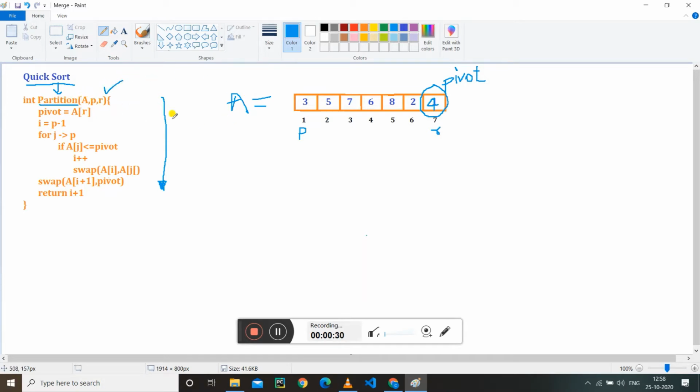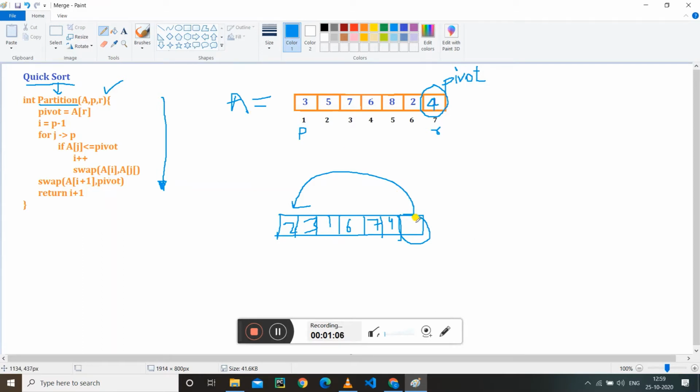So the partition procedure: if we are given an array and we have some values like 2, 3, 1, 6, 7, 4, 0, let's say these are the values, then what our partition will do is it will take out the last element and place it at the correct position. Okay. So 0 would not be a good choice here.